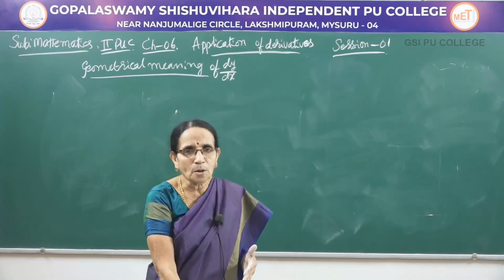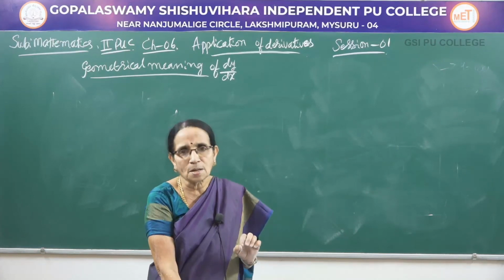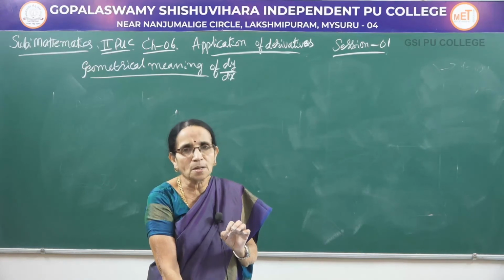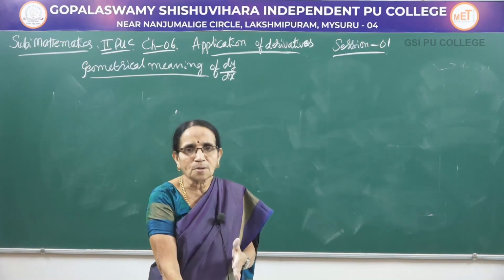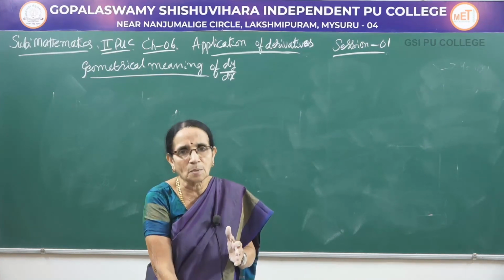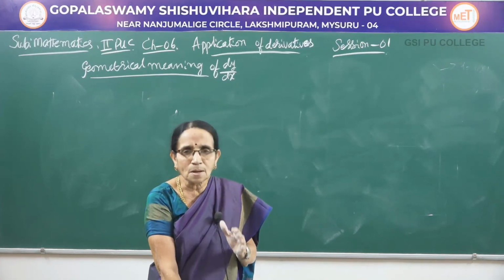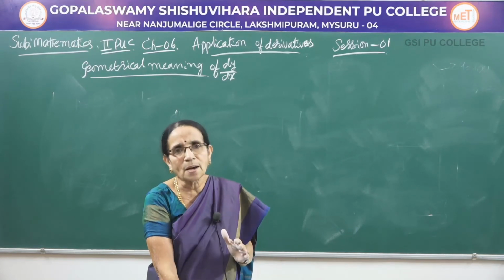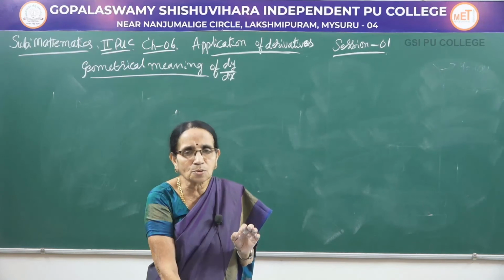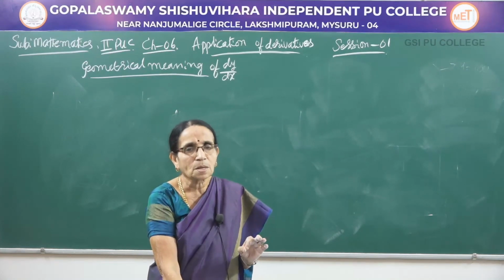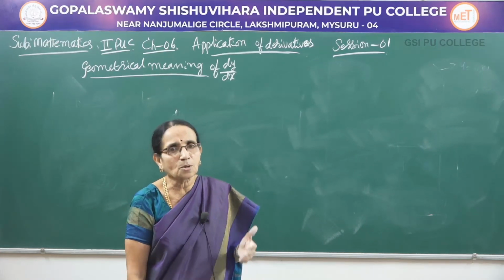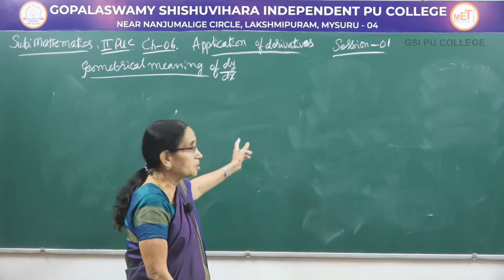Whatever the point given, after differentiating the function, wherever x and y are there, if you substitute the values of the coordinates for x and y in the derivative, we always get a real number. That real number is nothing but the slope of the tangent. So, generally I can say dy by dx gives the slope of the tangent, when the particular point is given, that is dy by dx at x1 comma y1. That is what I wrote already.